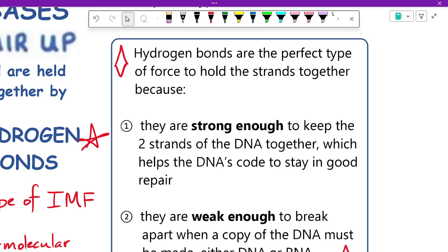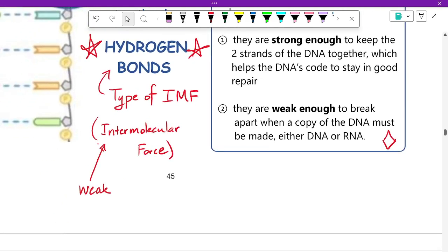And you need the strands to separate so you can make a copy. Okay, we'll talk more about that later. You need them to be weak enough to separate, but you also need them to be strong enough to hold it together stably. And since hydrogen bonds are the strongest IMF,